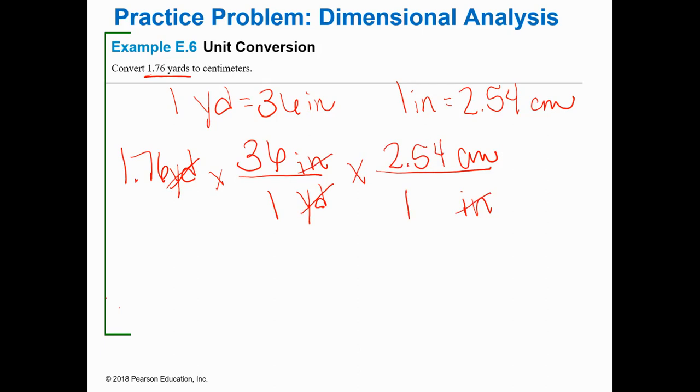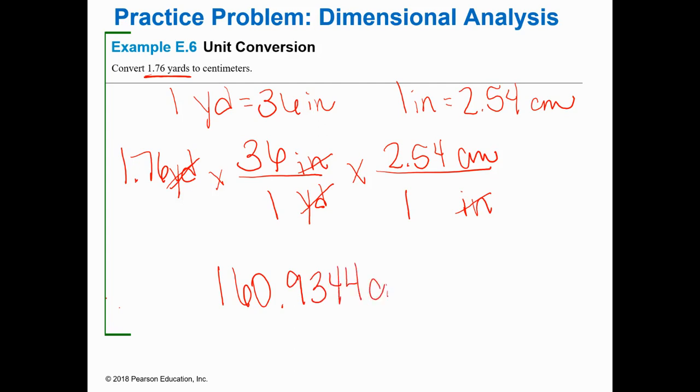You do also need to keep in mind that even though this example only has ones on the bottom, that's not how it always is. In fact, it's very rarely that way. Okay, but if the numbers are on top of the conversion factor, you multiply. If they're on bottom, you divide. This one's easier because they're all on top. So I get